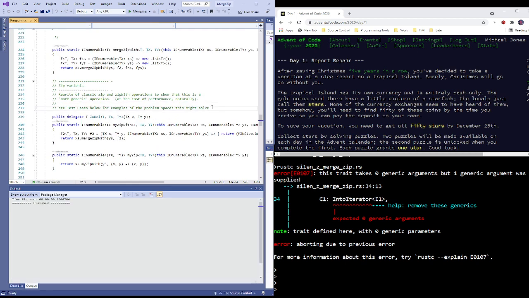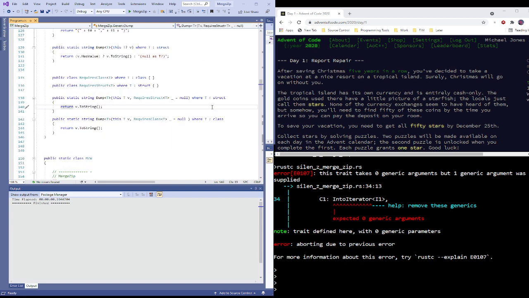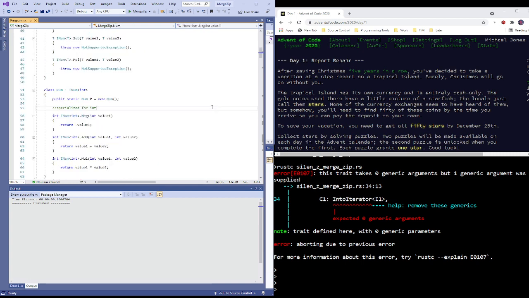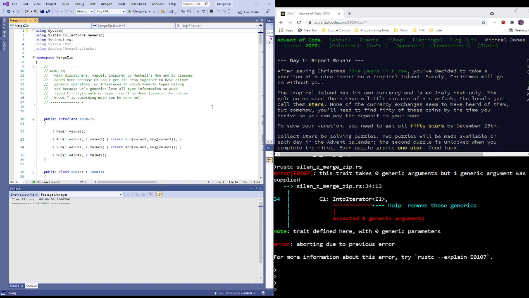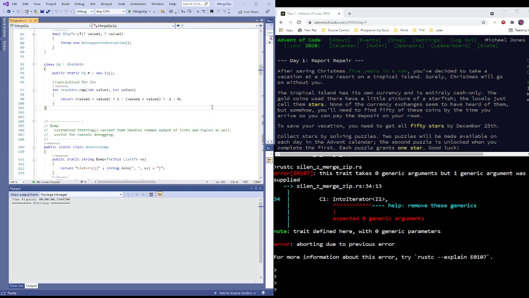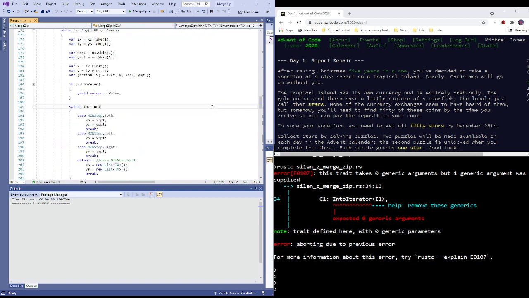C# has LINQ, and LINQ is basically a lazy list or a lazy iterator evaluation mechanism for collections, which operates a lot like iterators in, say, Rust or Python or whatever. And of course, I would argue that C++'s ranges are very much based on or adjacent to this in any case. And aside from some classes to support some abstract math stuff, let's get all the way down to